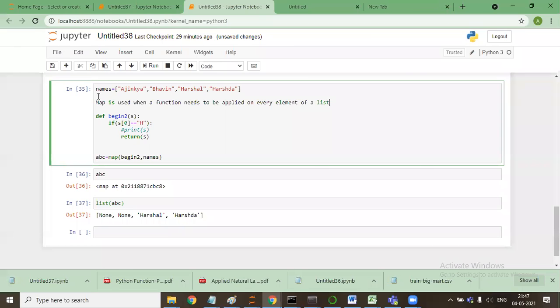So the output that you will be getting is equivalent to the number of elements in an iterable. So it's not a list, it's actually an iterable. List is an iterable. Are you guys with me?